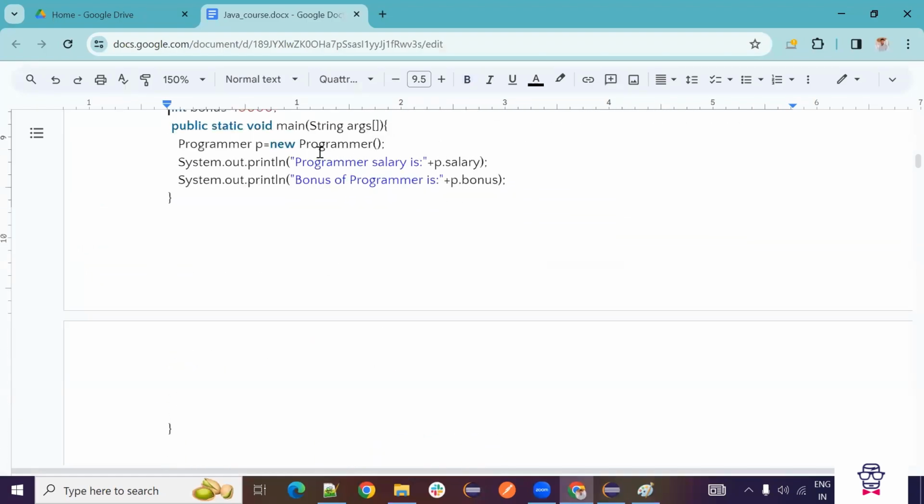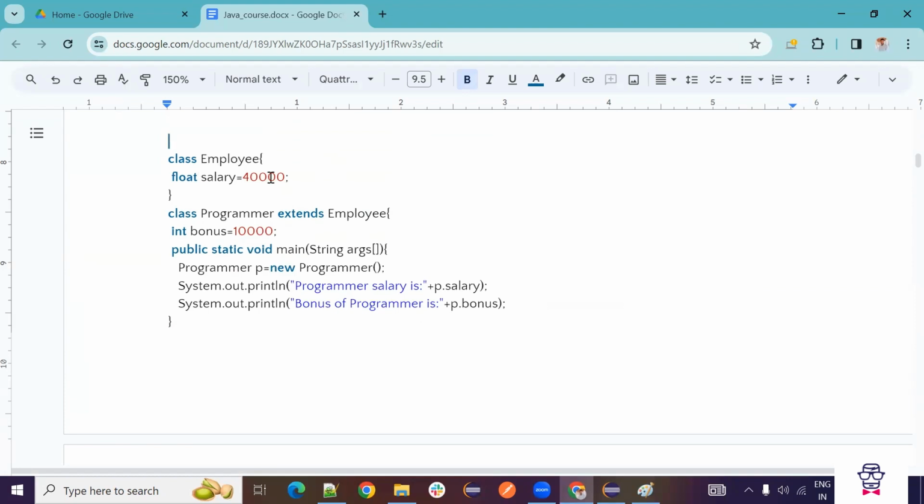So simple, if you see, we have a normal class called Employee where salary is 40,000. Class Programmer extends Employee. So Programmer is a child class, Employee is a parent class. In the child class, they have created a bonus of 10,000. Now, if you create an object of Programmer, you can use salary as well as bonus. So if you print programmer salary, it is 40,000 and this bonus equals 10,000, because not only methods, we can use the variables also. So if the parent class has some variables and the child class has some variables, when we create objects for the child class, you can use the variables in the parent class as well as the child class.